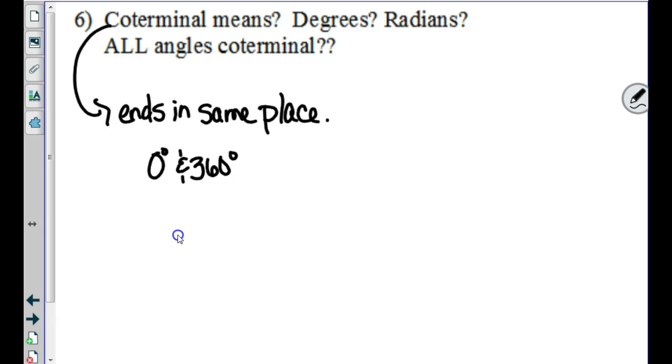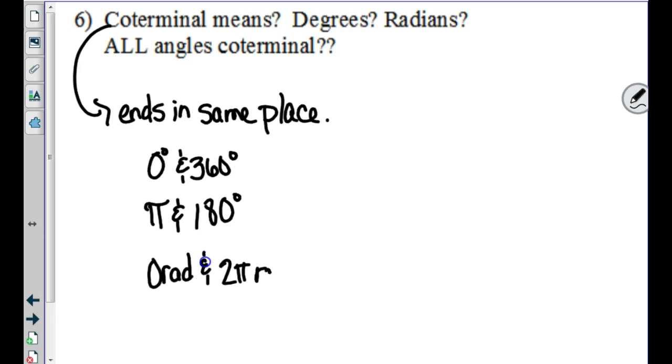Same spot on the unit circle. What else? Pi in radians and 180 in degrees. What about radians? 0 radians is the same place as 2 pi radians. Just some examples. Does everybody get what I'm talking about? That if you drew it,